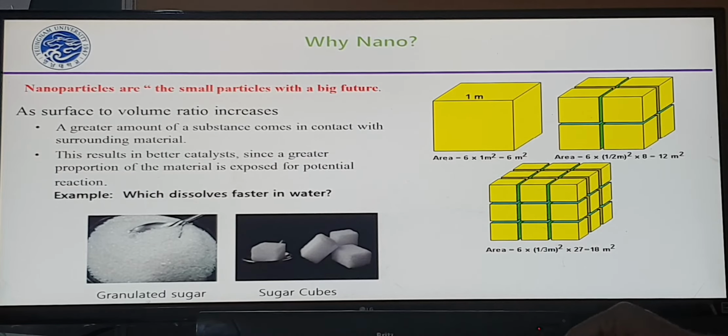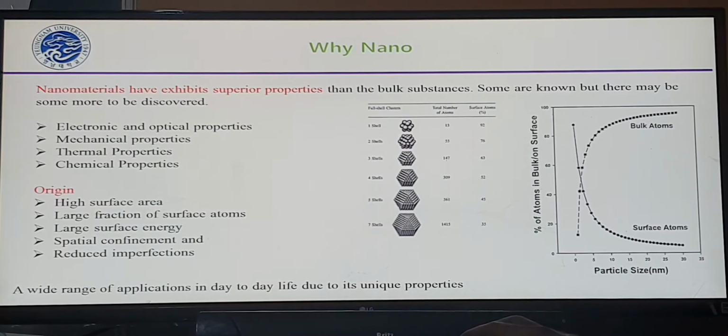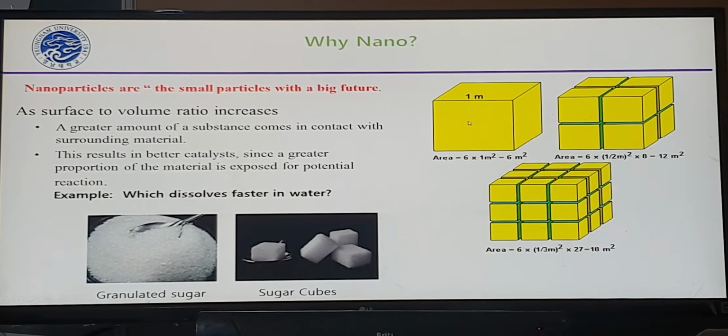As we studied in our previous slide, high surface area is the main reason for a nanomaterial's properties, because surface area is very low for bulk material, but for the same material at nanoscale, the surface area increases. And this is the proof where we can observe the same: for bulk material the surface is 6 meter square, because